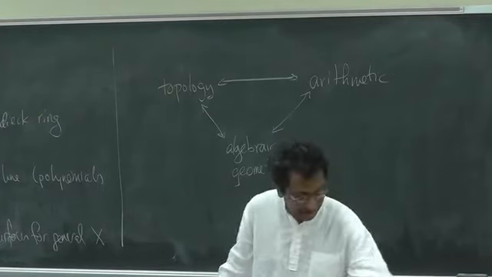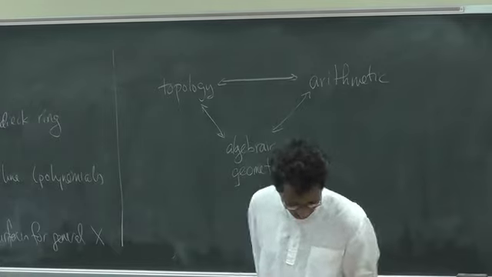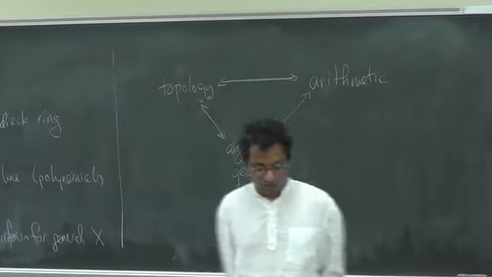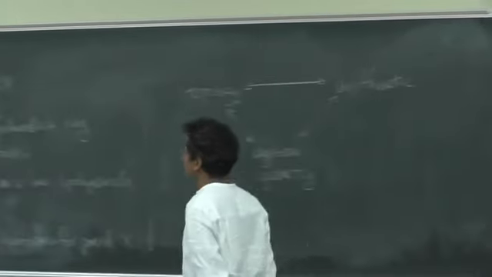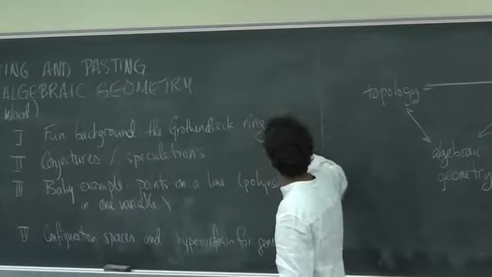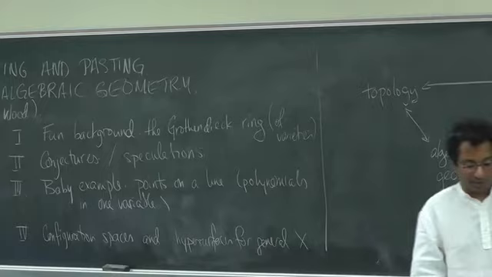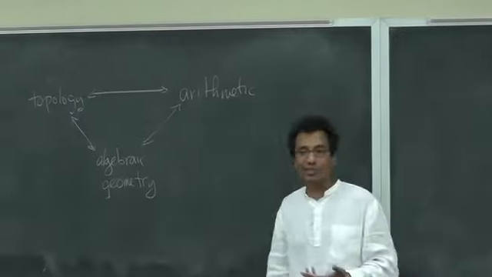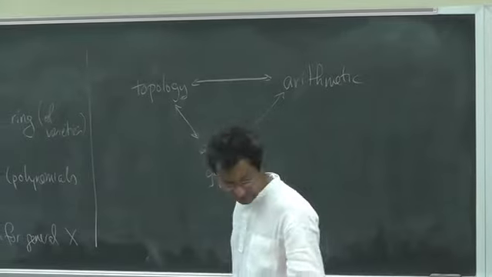So I'd like to thank you very much for giving me the chance to visit and to speak with you. My goal today is to introduce you to a notion I find very interesting, the Grothendieck ring of varieties. And what I want to do is to try to tell you a little bit about it, and in particular I want to convince you that it's something that is interesting and why it's interesting, and in particular how it relates to various very natural questions.